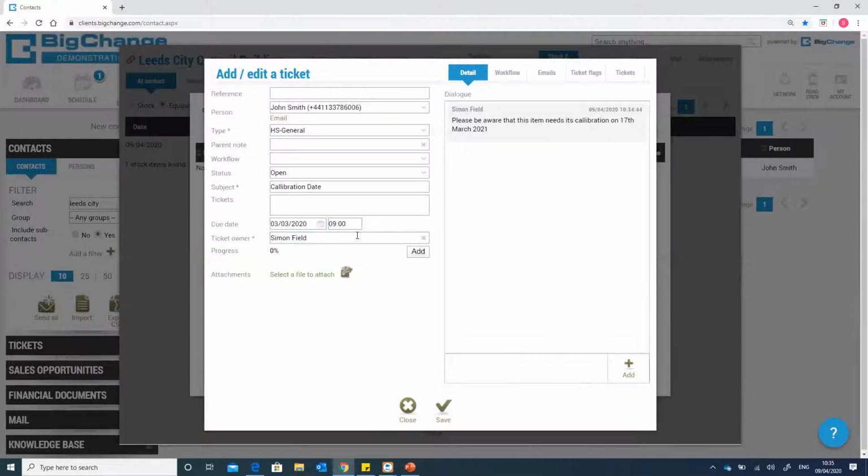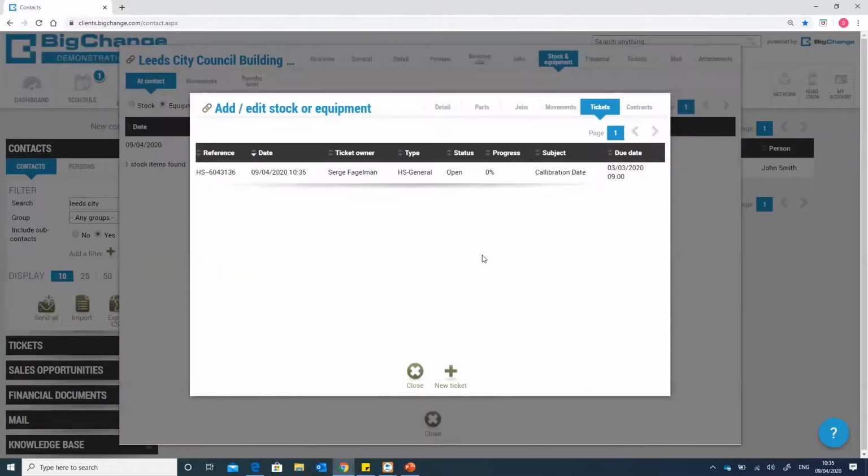a particular person. Now, this automatically assigns it to myself, but if I wanted to assign it to one of my colleagues, Serge, for example, we could add that in like so, and then if Serge was working within my team, that would automatically make Serge aware that this piece of equipment is due its calibration. So moving forward to jobs,